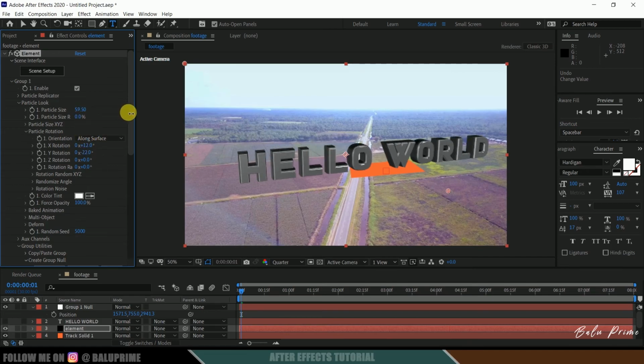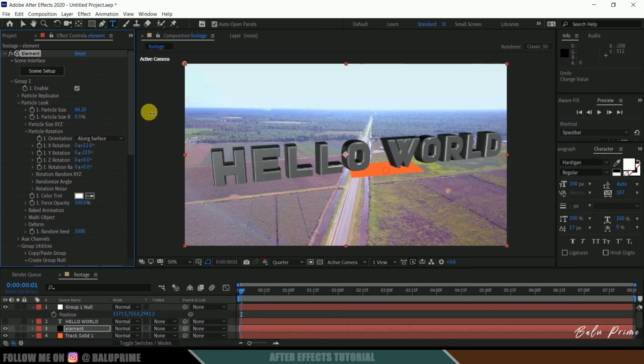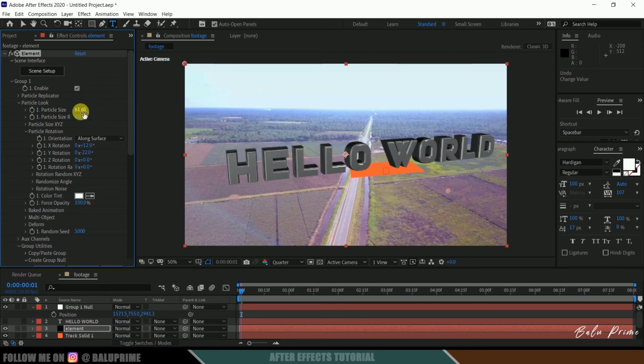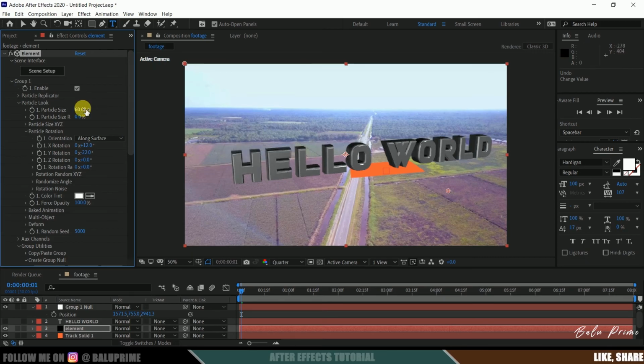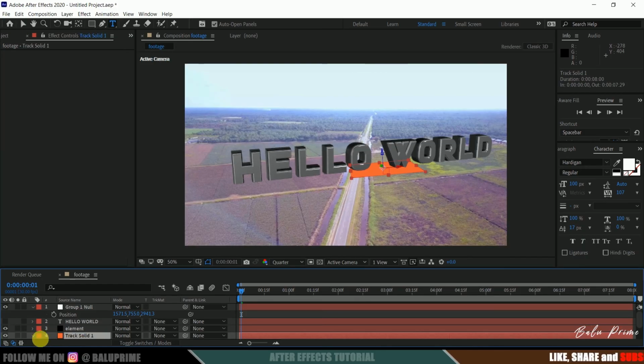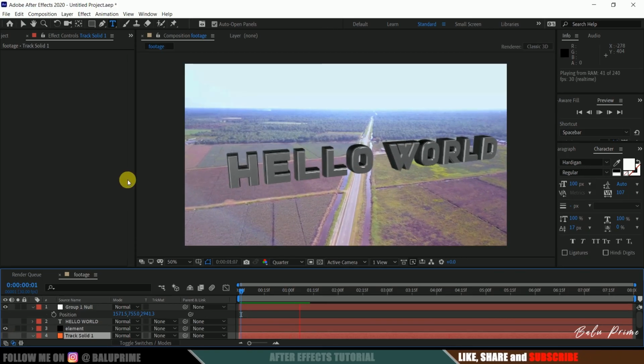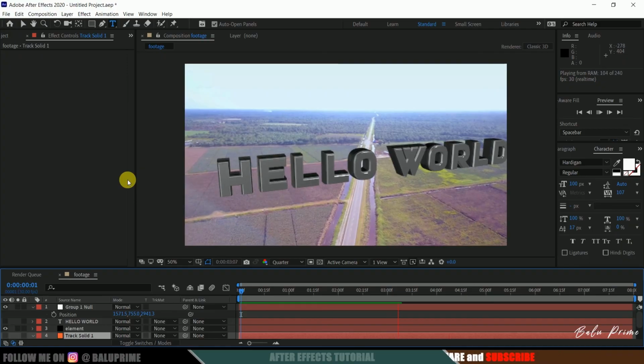Else let me increase the particle scale. Let me increase this to 65, or else 60. Now let's hide the track solid layer. We got our text in its position.